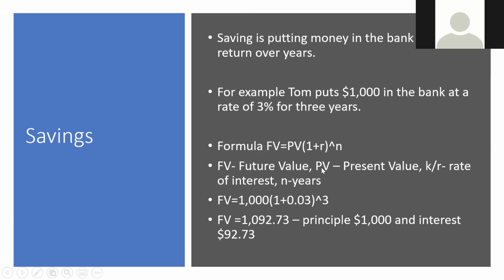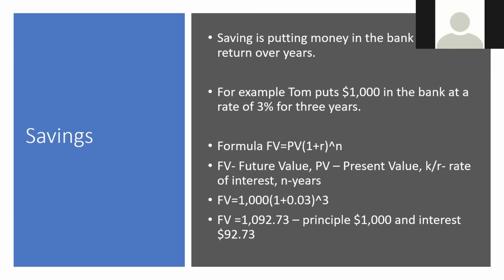And PV is the present value. Present value is the value today. And FV is the future value, the value in years to come. We good with that? So now it says FV, which is the future value, is equal to PV, which is